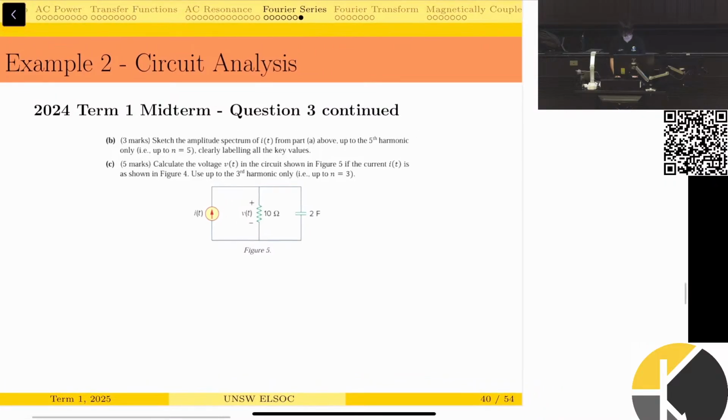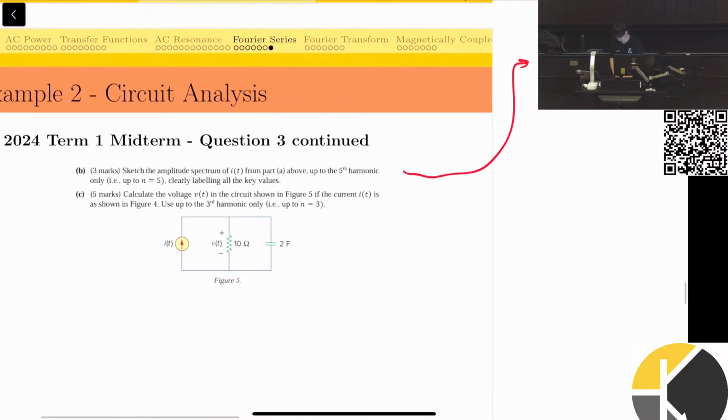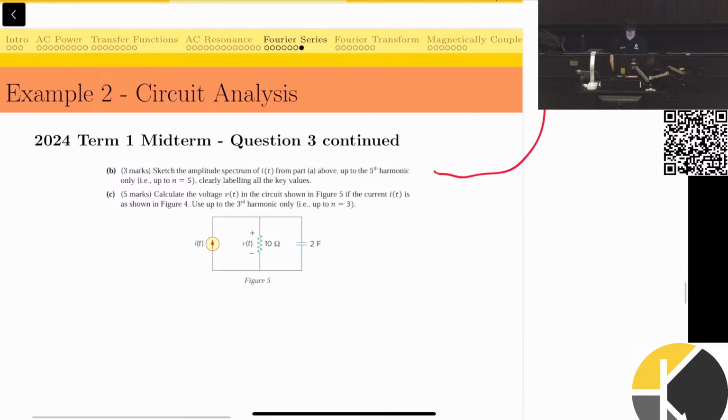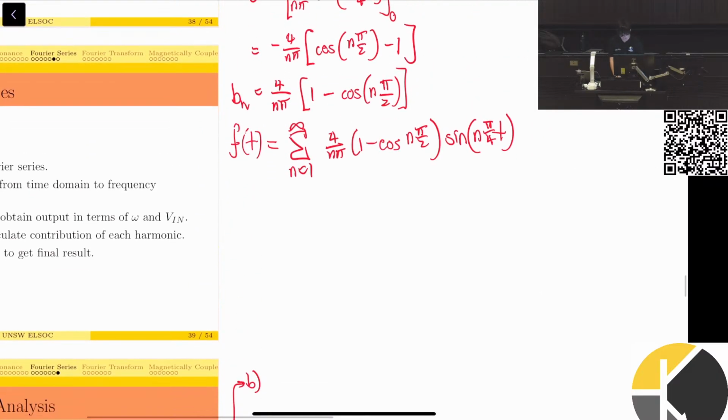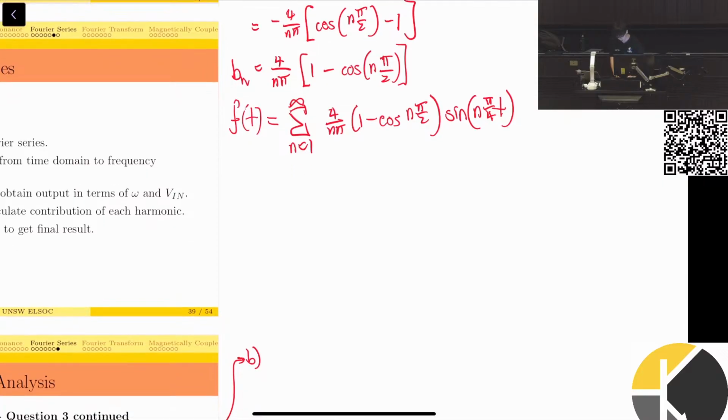Let's do B for starters. So B is asking, sketch the amplitude spectrum of I of t from part A up to the 5th harmonic. So all I have to do is take this equation, I'm equating,